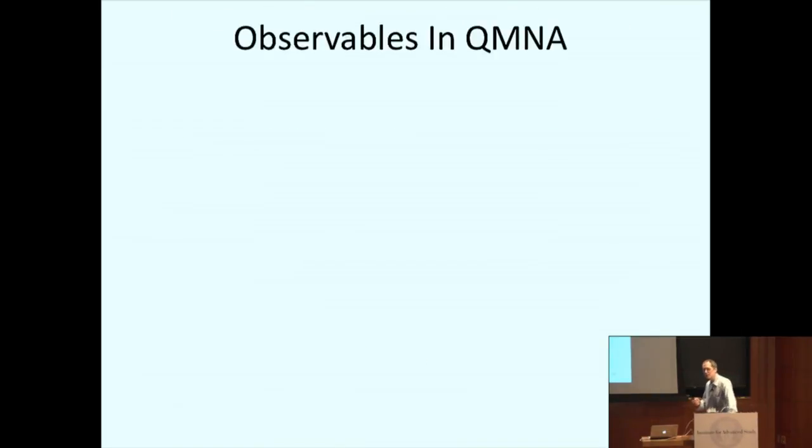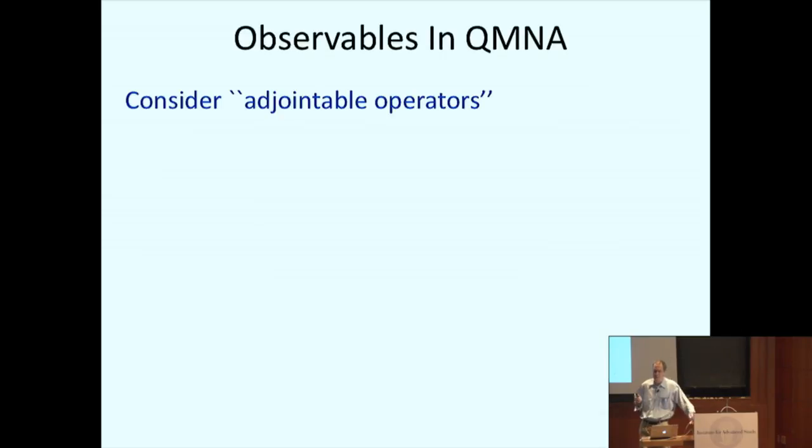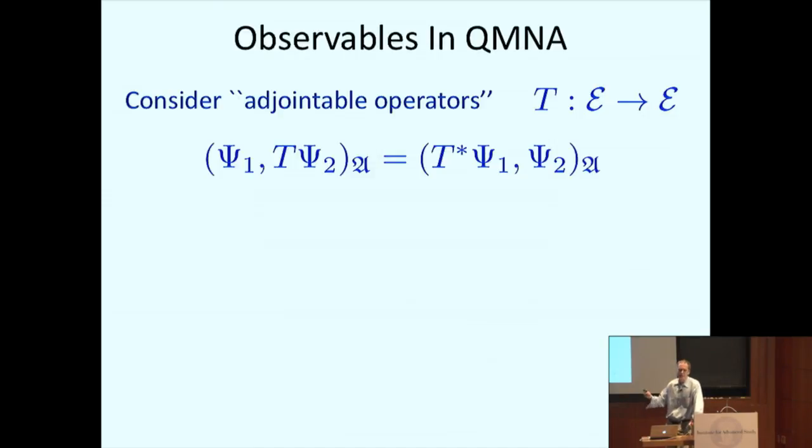So now, what are the observables in QMNA? Well, we should consider the adjointable operators. That is, the linear operators, T, from E to E, so that there exists, not